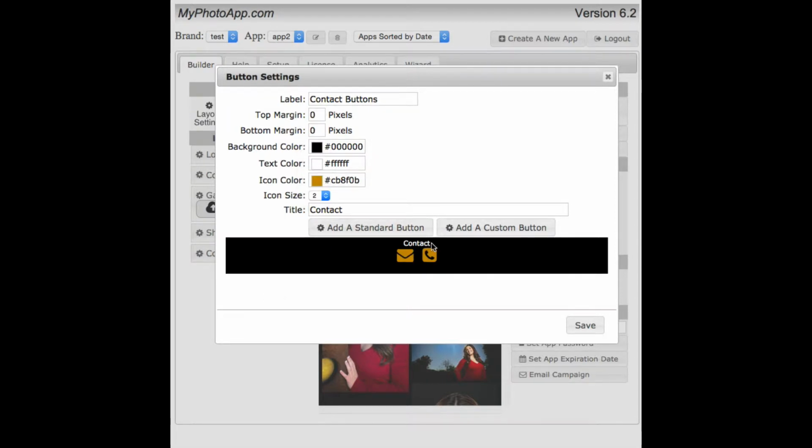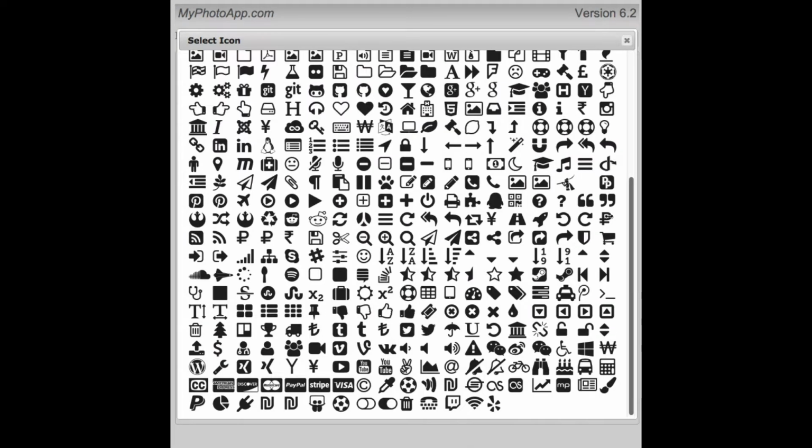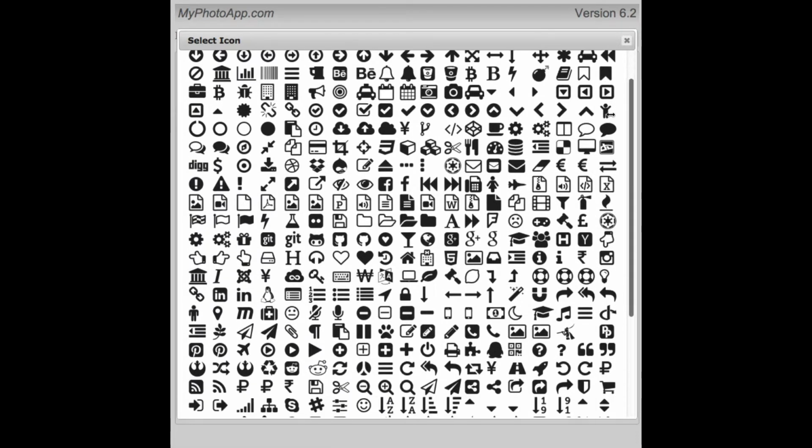I can change this word contact to whatever I want, the title that goes atop the buttons. And if I want, I can add additional buttons. I can either add a standard button or a custom button. Standard buttons are these buttons right here that are built into MyPhotoApp. I can just find one that I want,